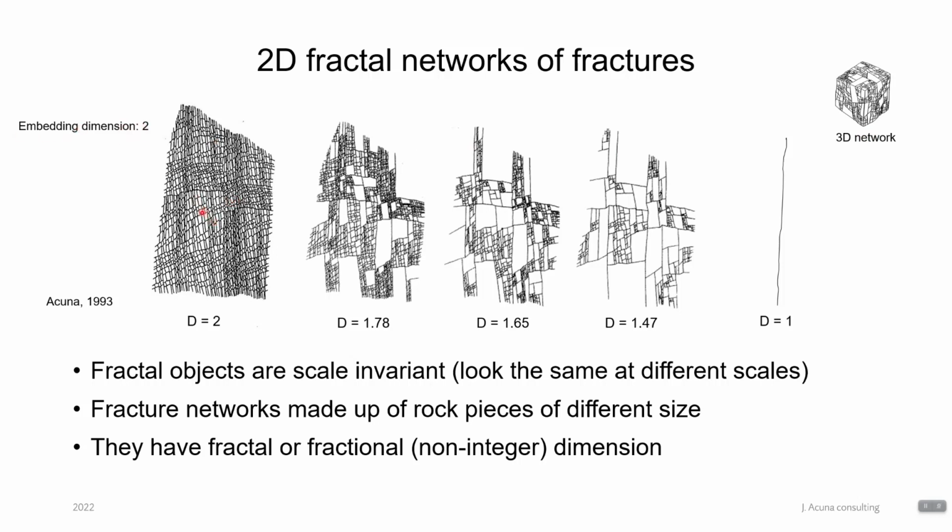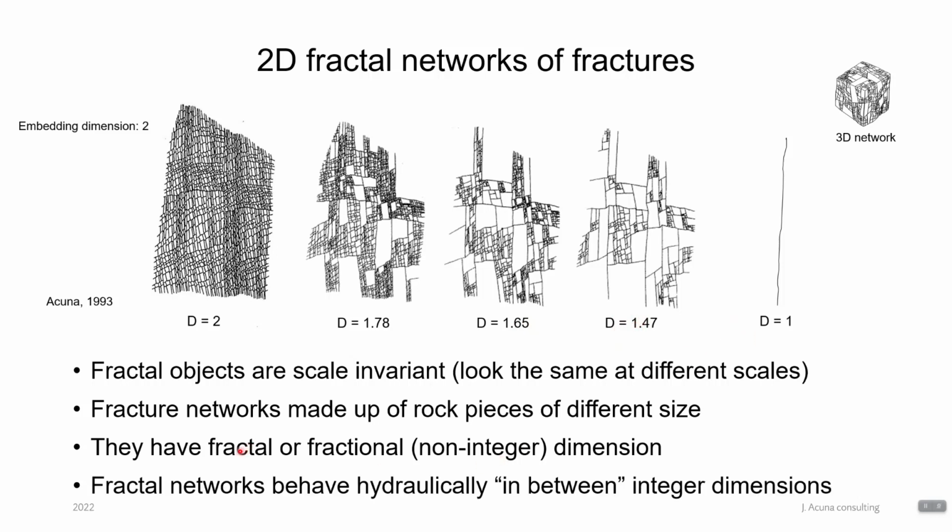So between the dimension of 2 and dimension of 1, I have these networks that fill the gap and give you dimensions that are not integer. They are fractional. But the most important feature of these networks is that the hydraulic behavior of these ones is in between the behavior of a single fracture and the behavior of radial flow. That would be if I imagine I have a vertical well here, the network of fractures is so dense that this will behave like a radial flow in a homogeneous system. Actually, these ones give you behavior in between, and that is the idea that I took advantage of to